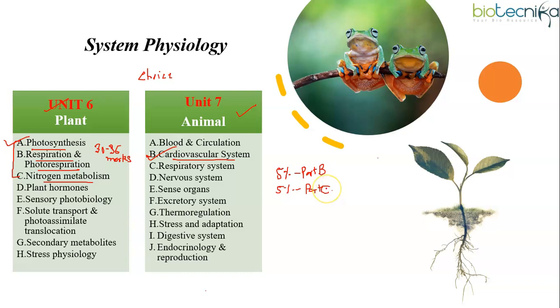Now students from non-botany or non-zoology background like biotechnology, biochemistry, microbiology, they have a choice between unit 6 and unit 7. So selection of any one of the units depends on individuals' educational background and interests. But I'll suggest to go for unit 6 for non-botany and non-zoology background students, as the topics or concepts in this unit are not so difficult to grasp. Also, as mentioned earlier, unit 6 has more weightage in CSIR NET Life Science exam than Unit 7.